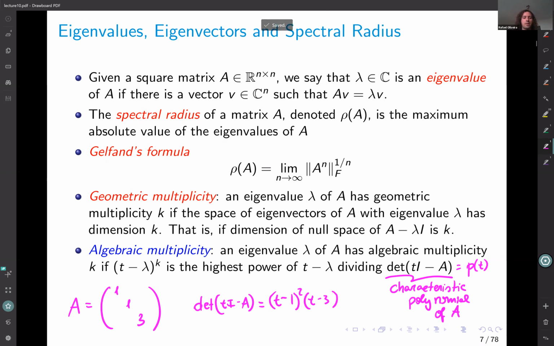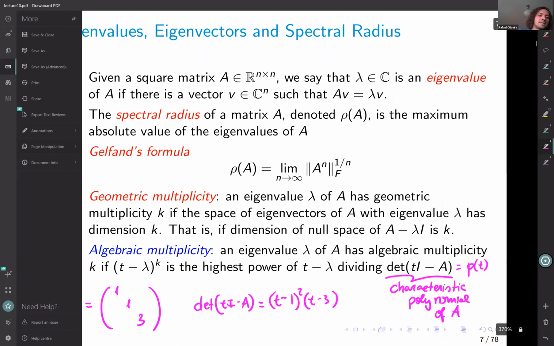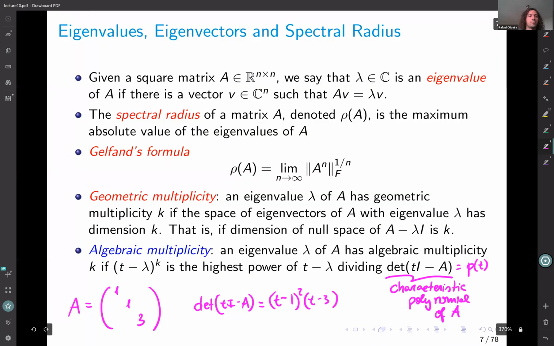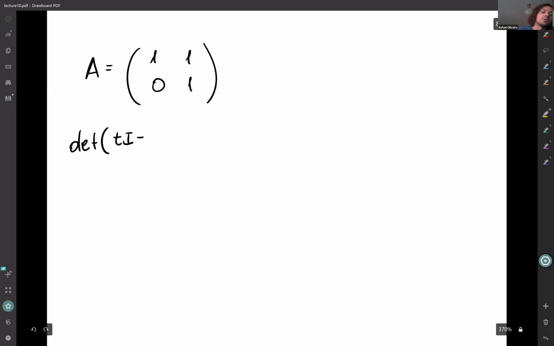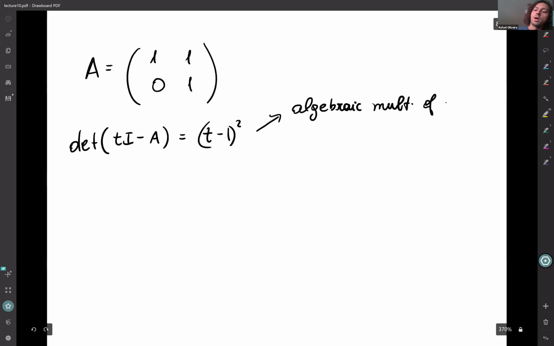But now you may ask, are those concepts always the same? And the answer is no, because here's a very simple example. This comes from the Jordan normal form, so that's why we have those things. Look at this matrix A, which is just the matrix 1, 1, 0, 1. What are the eigenvalues of this matrix? If you compute the characteristic polynomial, it is exactly t minus 1 squared. So in particular, we know that the algebraic multiplicity of 1 is 2,